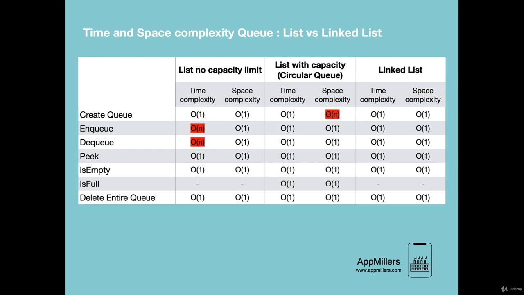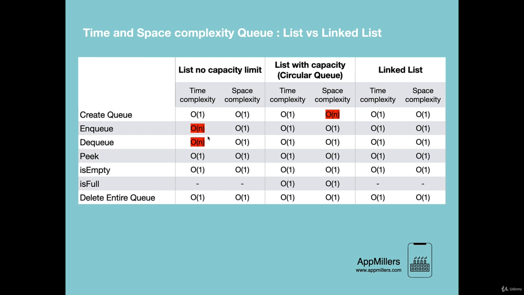So here I have combined all of them together to see the differences in terms of time and space complexity. So based on this time and space complexity, you can choose which one is best for your application. Now here you can easily see that in terms of list with no capacity, enqueue and dequeue methods take O(n) time complexity, which means that this is not preferable, because here when we enqueue an element to the queue, we are